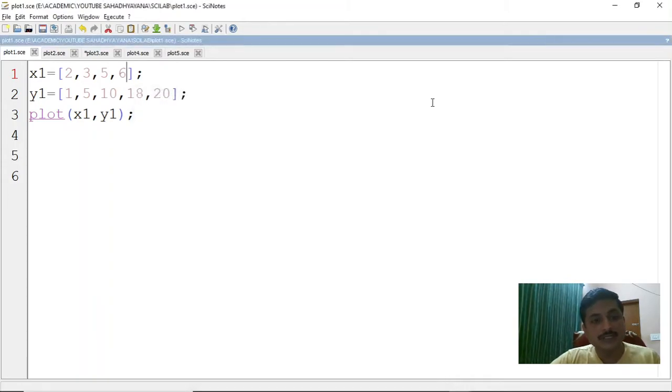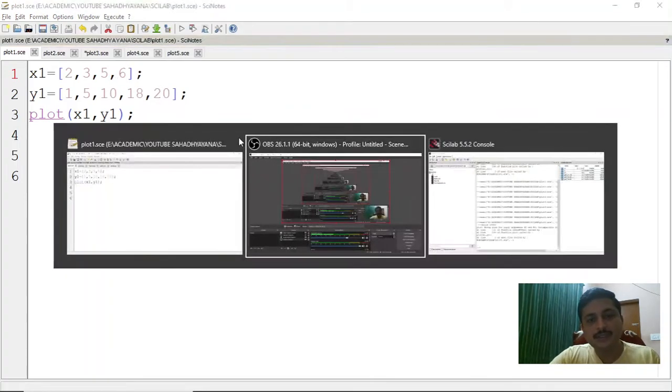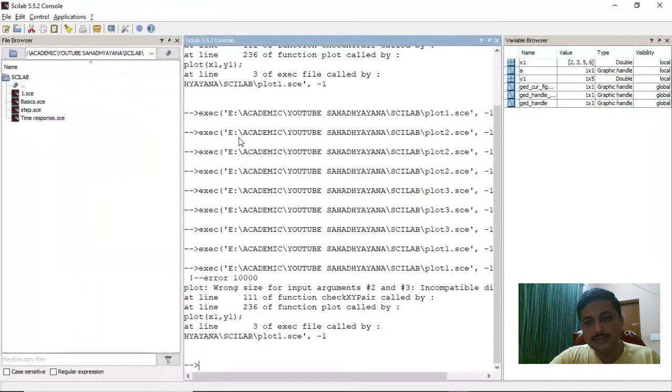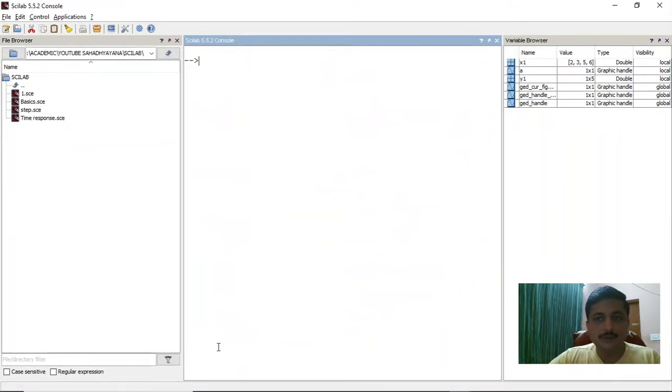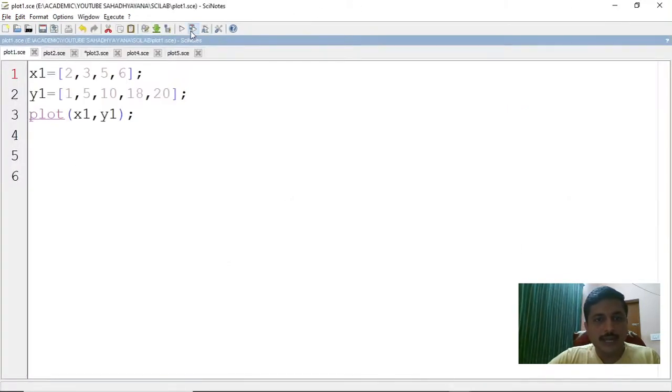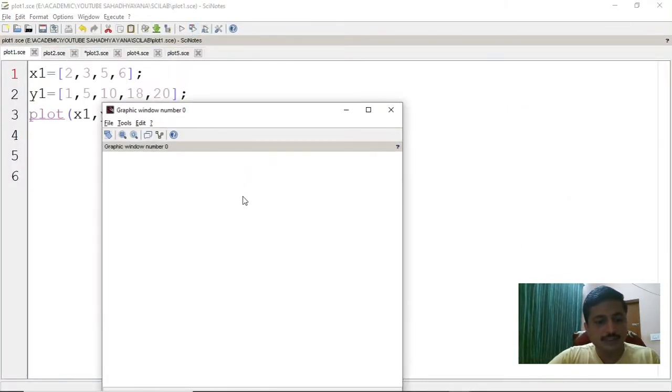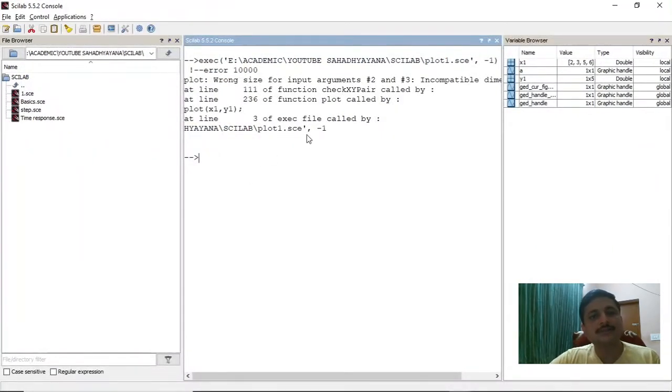What would be the reason? The reason is the total number of arguments in x1 and y1 are not matching. If you visit the console, you will have this error there. I'll execute it again to show you that. If you go to the console, you can see this error: wrong size for input arguments 2 and 3.